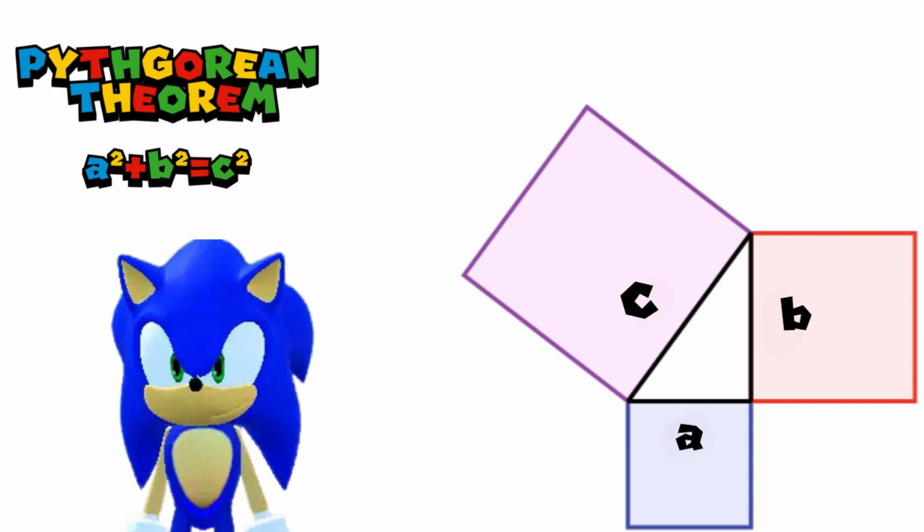Algebraic proofs. The theorem can be proved algebraically using four copies of a right triangle with sides A, B and C, arranged inside a square with side C as in the top half of the diagram. The triangles are similar with area ½ab, while the small square has side b minus a and area (b−a)². The area of the large square is therefore (b−a)² plus 4 times ab/2